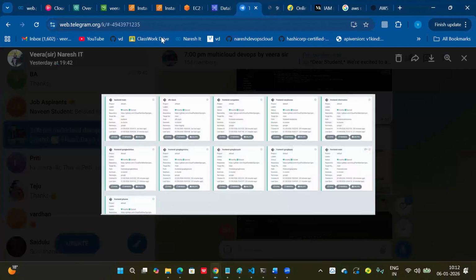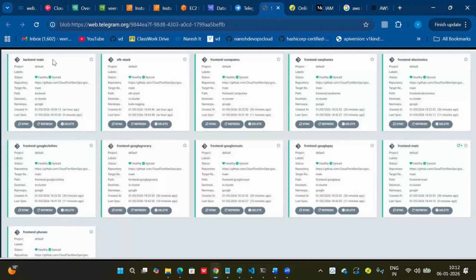So like this, we created a project yesterday. There are multiple stacks here. Each service application runs as an individual service: cart service, groceries, music, Google Pay. Like this, we created, and the EFK stack also created, which is responsible for the logs. This is completely deployed through the automation process only, the GitOps process. So the EFK stack and Grafana Prometheus also. EFK stack, Elasticsearch, Fluentbit and Kibana, is for the logs. Grafana Prometheus is for metrics and the rest of all the applications.